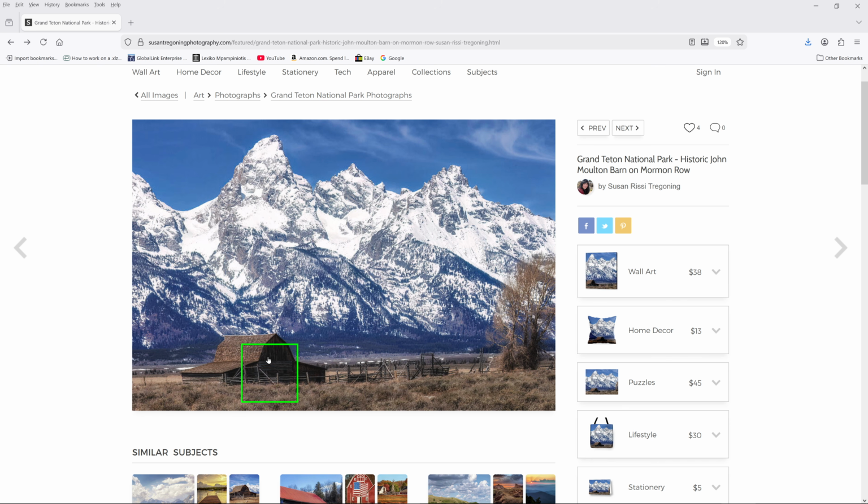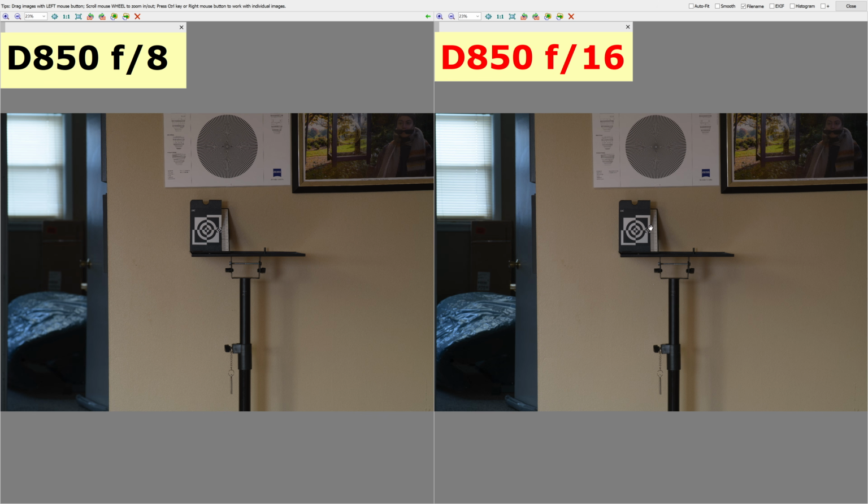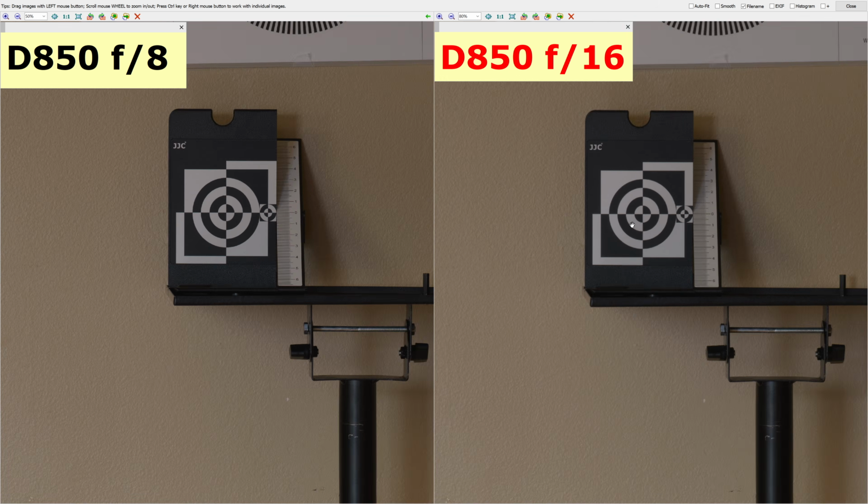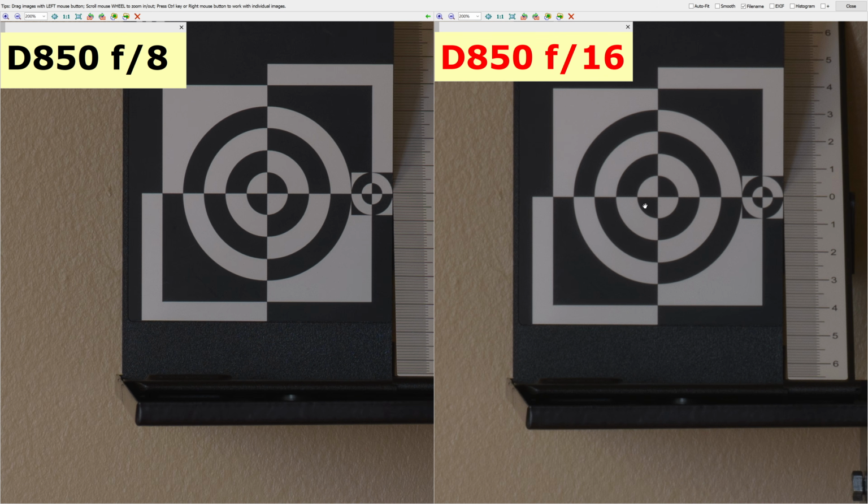So let's check out what happens at f16 on a part of the image on which we are focused. The size of this square, which will be about the size of this square, right? In the middle. Same camera, same lens, different aperture.